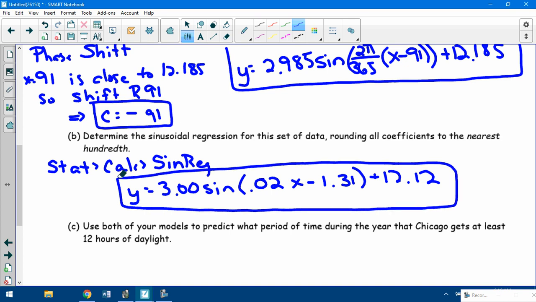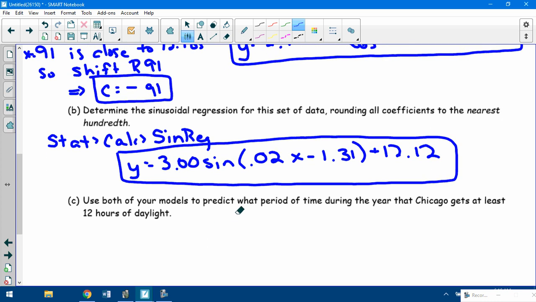Again, if you compare that to what we made, pretty close. Amplitudes are similar. If you do 2 pi over 365, you'll get something close to 0.02. You know, if you factor this out, it comes out similar to that, and 12.185 is pretty close to 12.12. Okay,